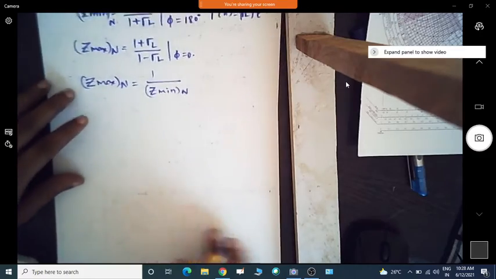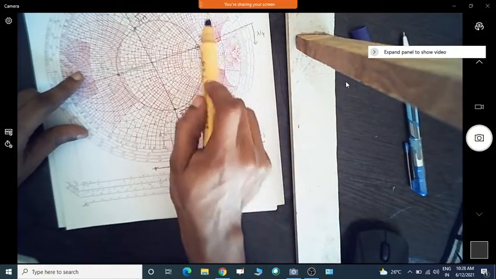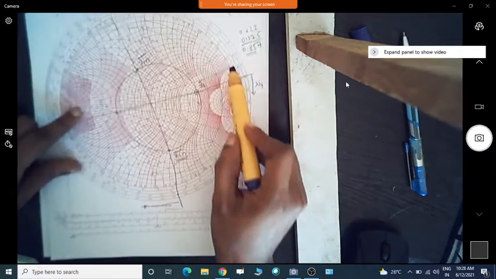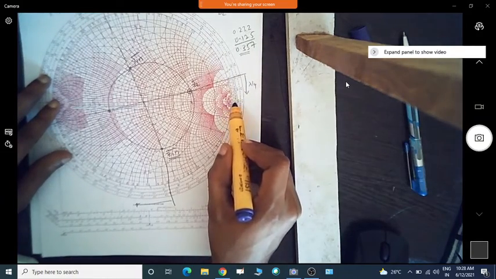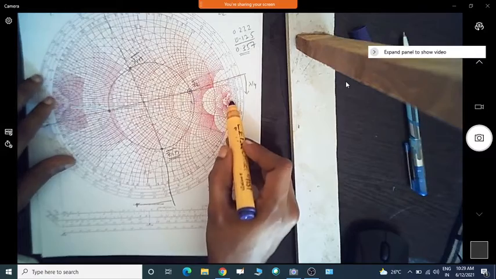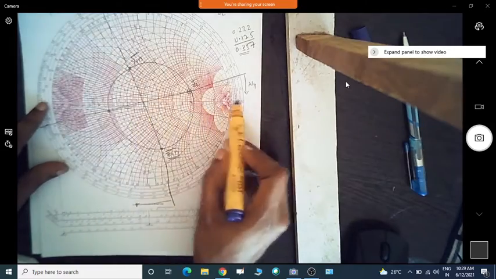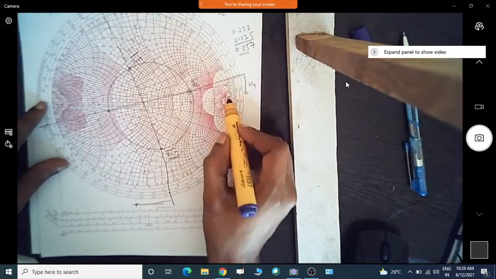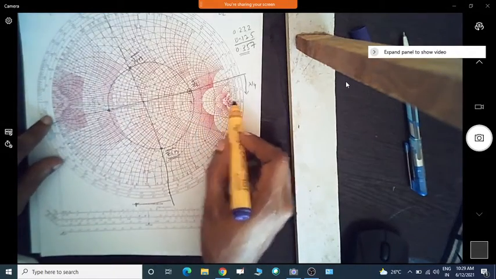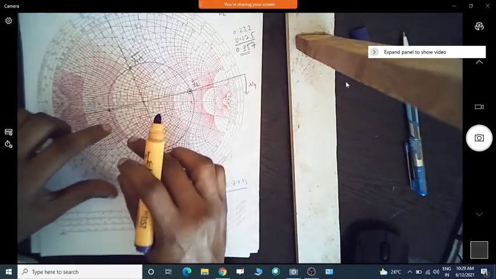And in the Smith chart, if you observe, there is a phase value, an angle, which we can see as 0, 10, 15. Now we can see phi equal to 0. If I take any value where phi equals 0 or phi equals 180, the maximum and minimum values are always on the real axis, the center axis of this Smith chart. So z max and z min always occur on the center line of the Smith chart.